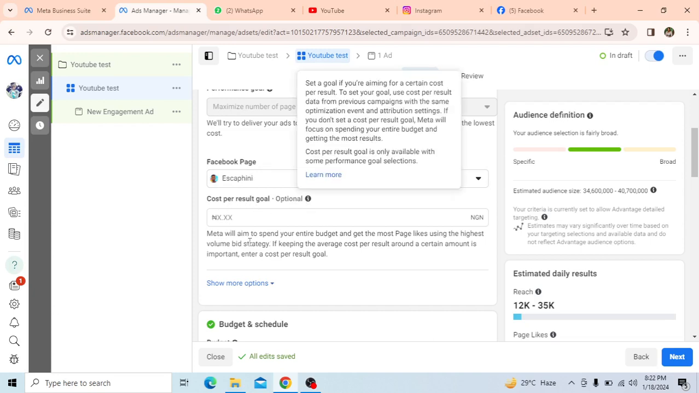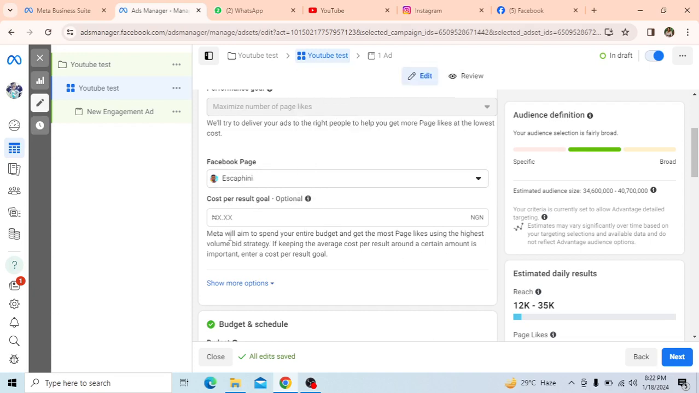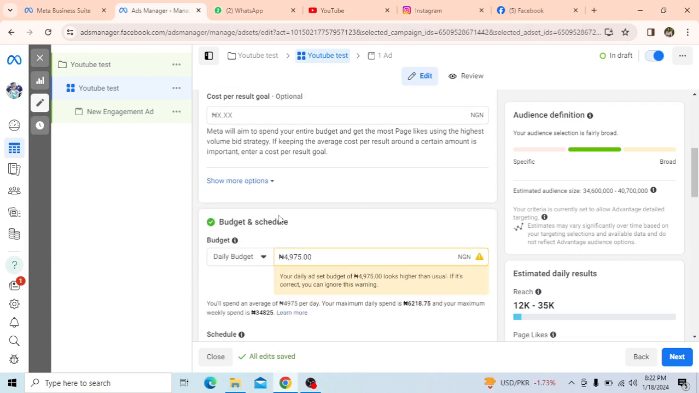Cost per result goal, you leave this here, it is in naira, so just leave it there. Just do not do anything there. And then the next thing we'll do,